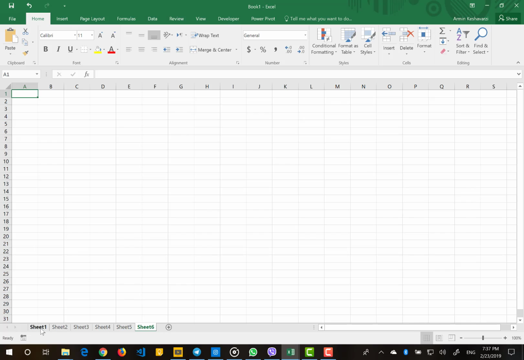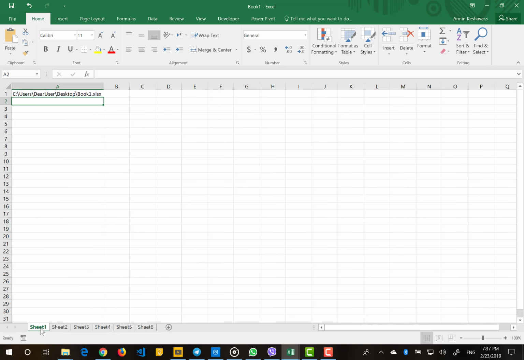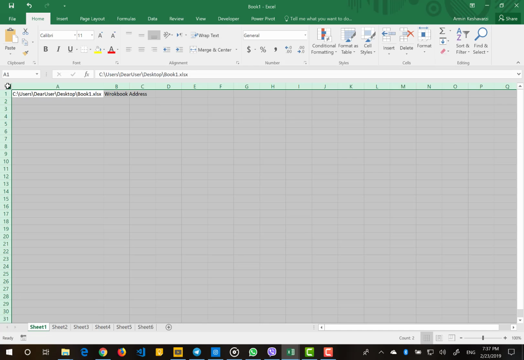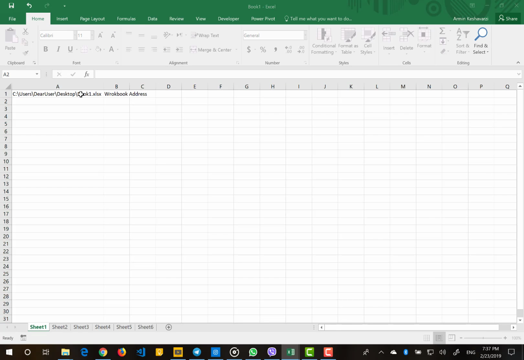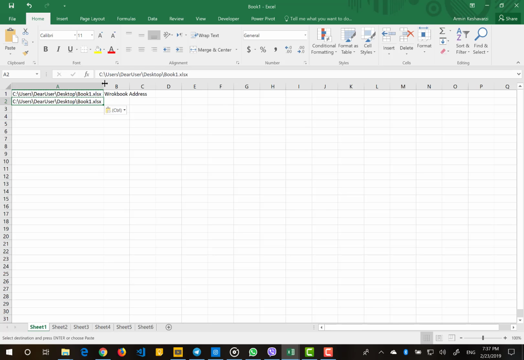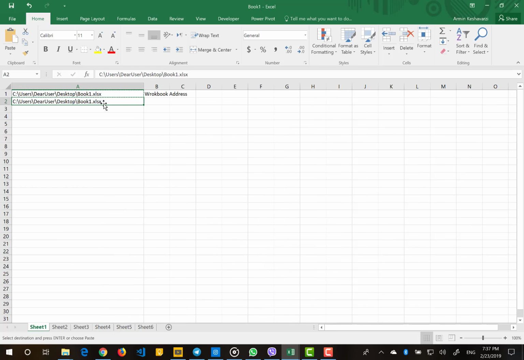And also, this is my workbook name or address, but this is not the sheet address. What is the sheet address? Or I can say, what is this matrix address? So I can say each separate sheet is a matrix and should have an address. If I copy and paste this here, I can say that